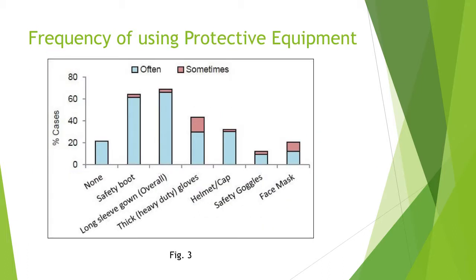Similarly, we can also see the use of protective equipment is not always being followed. I will note that the Zabbaleen population is known for its low socioeconomic status, so things like gloves and face masks or goggles might not always be available to them financially or just availability wise. But if I were a Zabbaleen, I know I would want protective equipment like masks and gloves and goggles to protect myself against those biological and physical contaminants. But again, as we can see here, that's not always the case amongst this population.